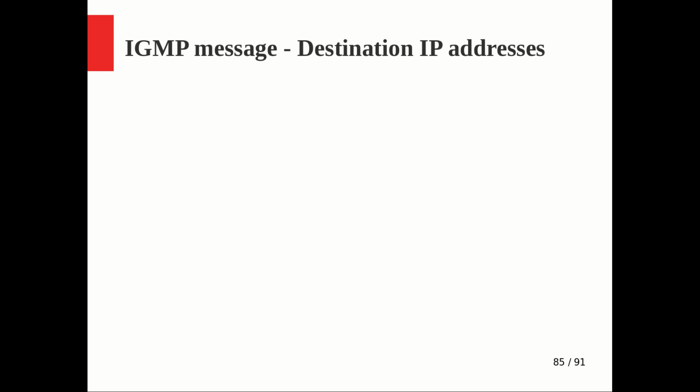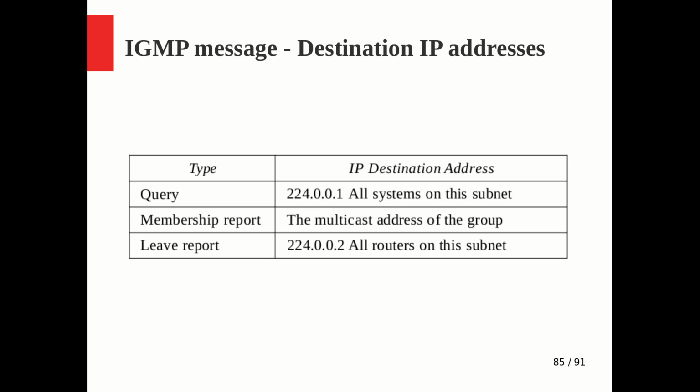So what about the destination IP address? The source IP address will be, of course, the IP of whoever is generating that particular IGMP message. It can be a router, then that particular interface's IP address will be given as its source IP. If it is generated by a host, its own IP will be given. But what about the destination IP? There is something special about it, because for the query message, there are two types of query, the special query as well as the general query.